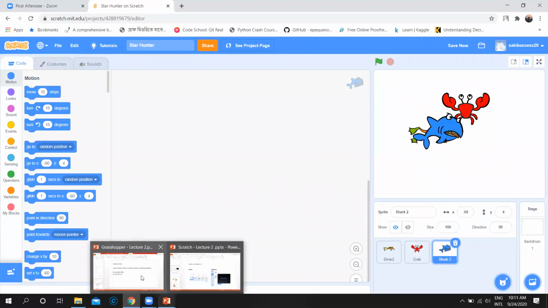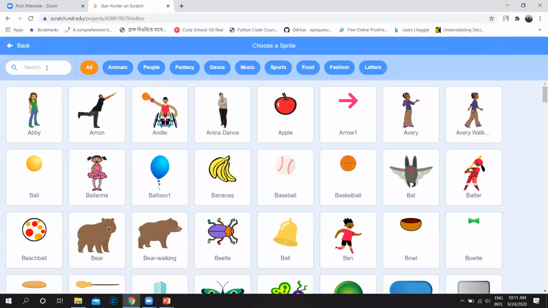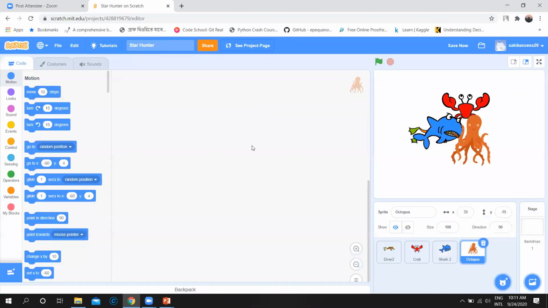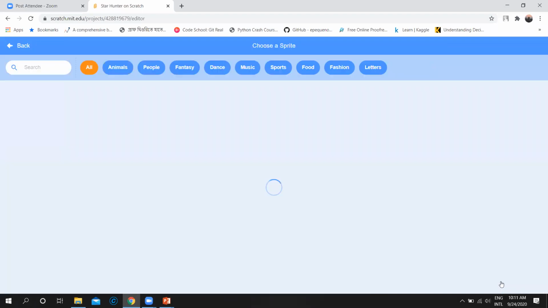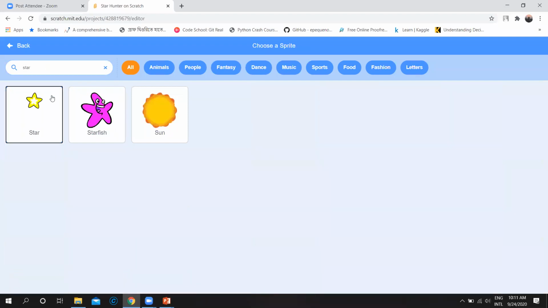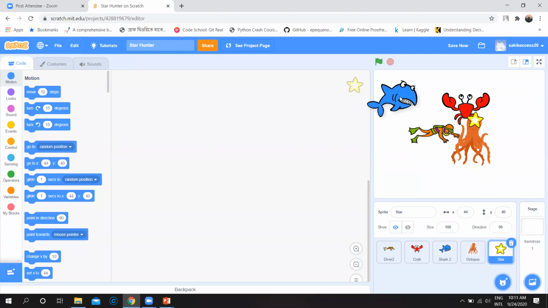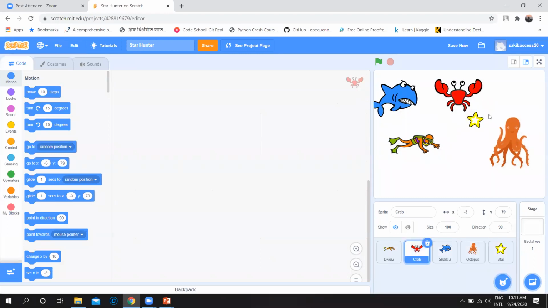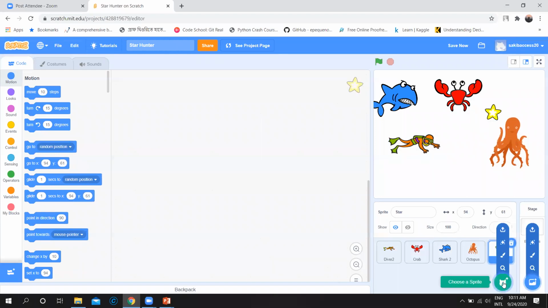Then octopus and star. I will add octopus, and in the same way I will add star. That's how you can add multiple sprites in your project, just by clicking on this add sprite library.